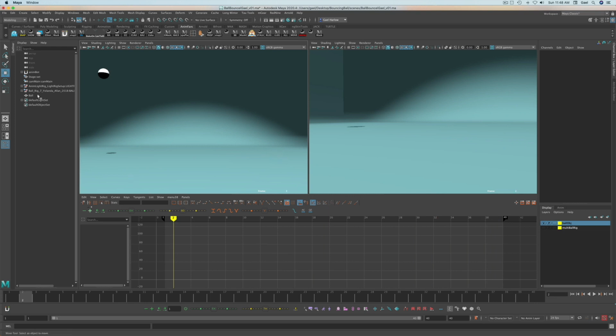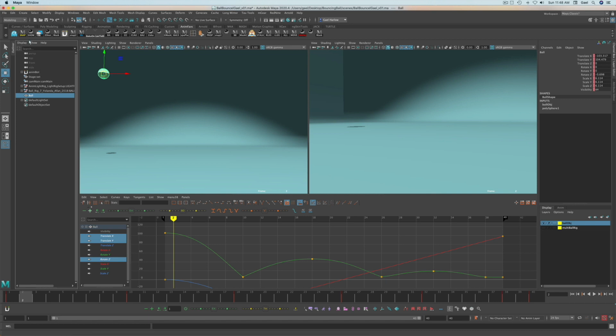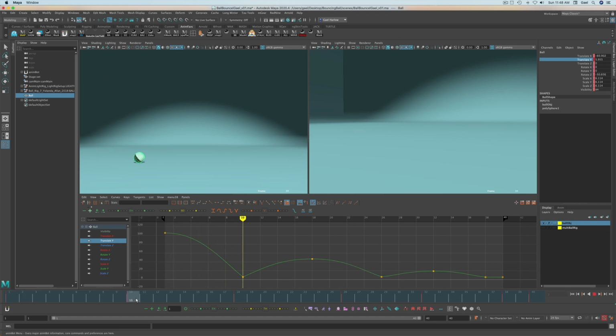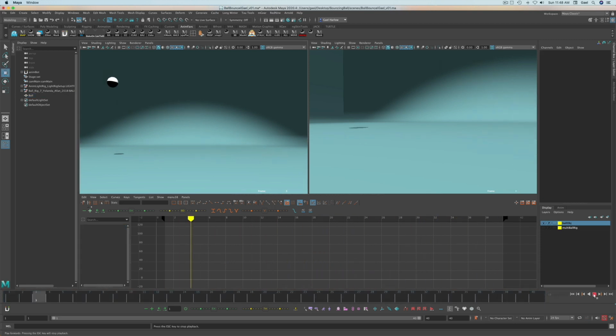So I'm going to select the ball again over here on the right hand side in the outliner. And let's just select the Y translation so we can talk about it a little bit. You'll see at the beginning, the ball is the highest. And then as it bounces, it starts to lose momentum, right? So it doesn't go up quite as high as the last time it was in the air. And then the same for the third one. This one is much smaller. When we change that distance, it starts to feel heavier or lighter, which is what we will discuss in our